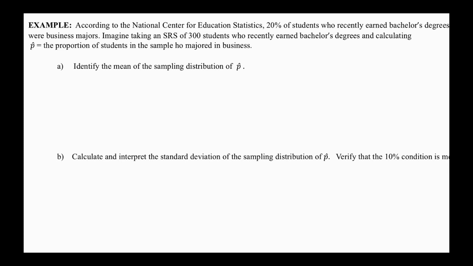Okay. Imagine taking an SRS of 300 students who recently earned bachelor's degrees and calculating p hat. Okay. P hat is the proportion of students from the sample, right? P hat comes from the sample. Who majored